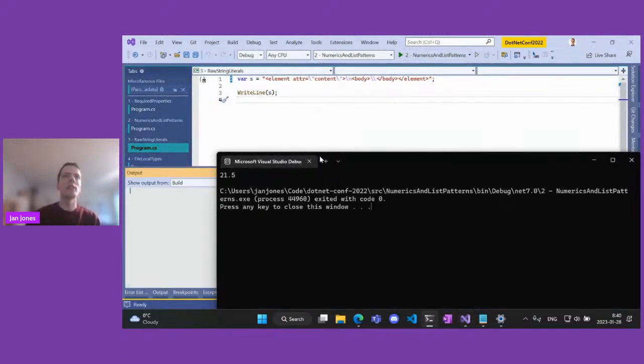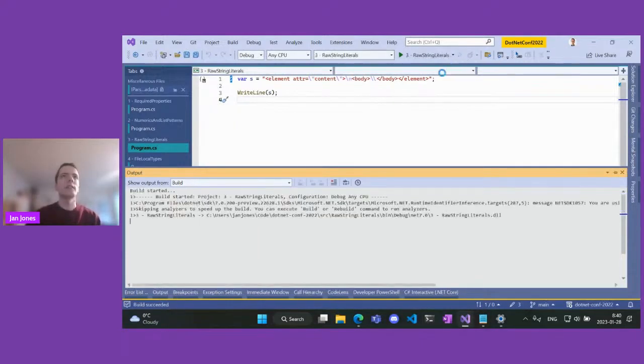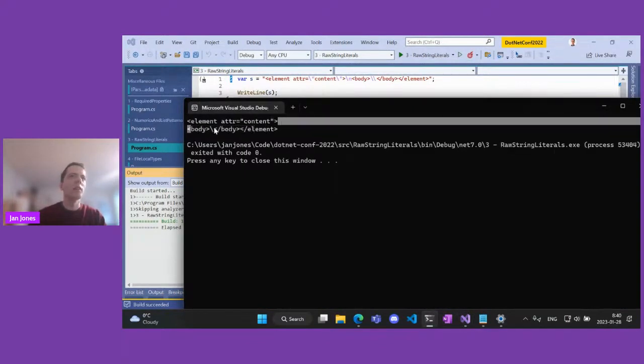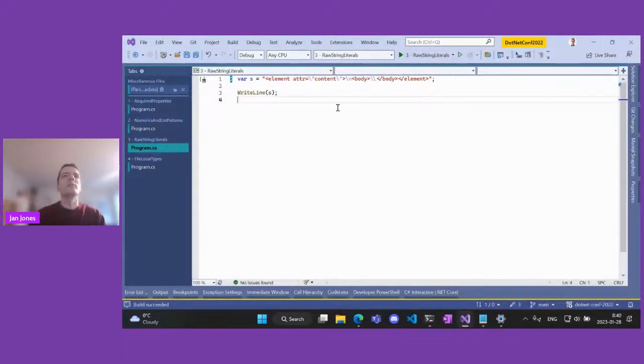So for example, if I run this, I see that the escaped quotes are there. There's a new line and 1 backslash, right? So it becomes kind of confusing once you use more complex strings. So that's why we have a verbatim string literal, where we don't have to escape almost anything, but we still have to escape quotes.